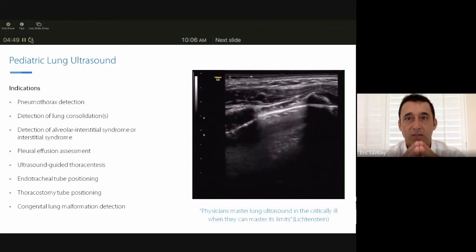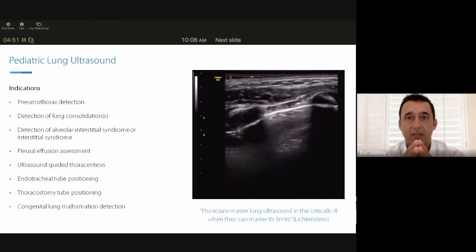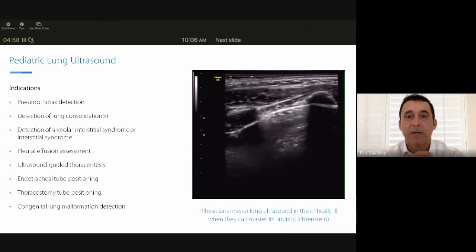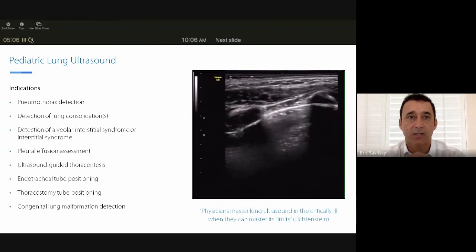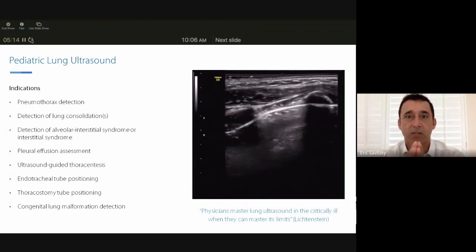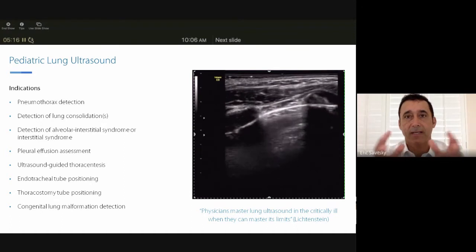One of the best quotes I came across when I was learning about pediatric lung ultrasound was by Lichtenstein, one of the godfathers of lung ultrasound. His quote is, "Physicians master lung ultrasound in the critically ill when they can master its limits." That's really prescient and a very accurate saying, in the sense that you have to understand the limitations of lung ultrasound and actually what you're looking at, because so much of lung ultrasound does rely on the integration in